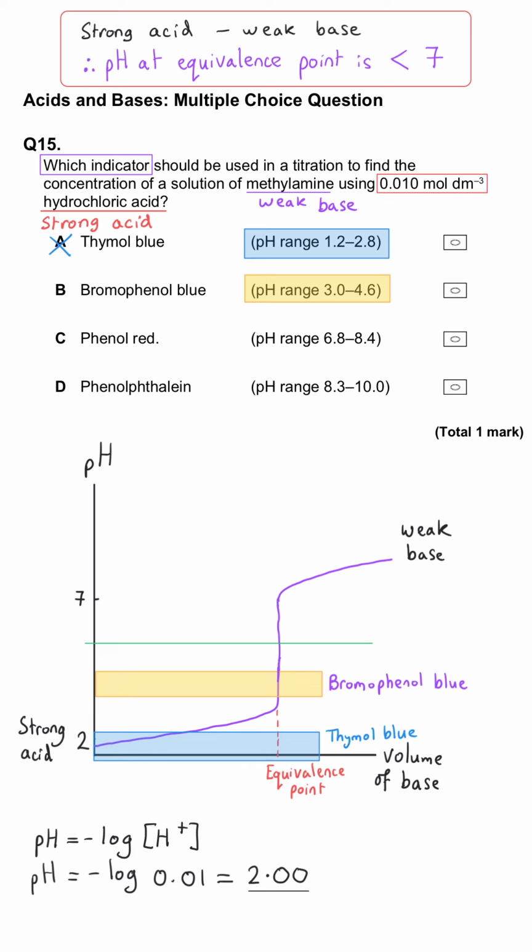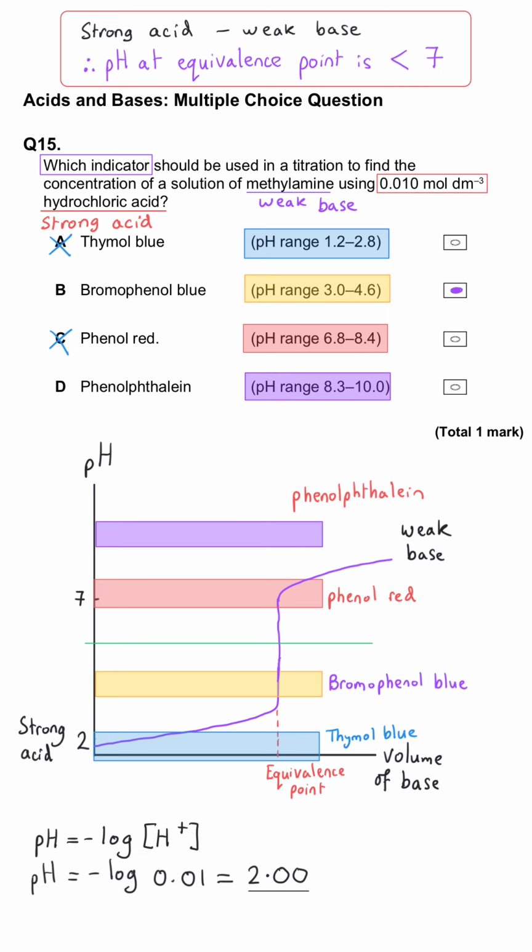Bromophenol blue, that looks like the best bet because the pH range change of between 3 and 4.6 seems like it's going to align with this equivalence point towards the bottom part of this pH curve. Phenol red is probably too late. We can't guarantee it without knowing the concentrations, but it's probably going to miss it because its pH range is higher than the pH at equivalence, and therefore phenolphthalein is even less appropriate because its pH change range is higher still. And so bromophenol is the most appropriate indicator, and so